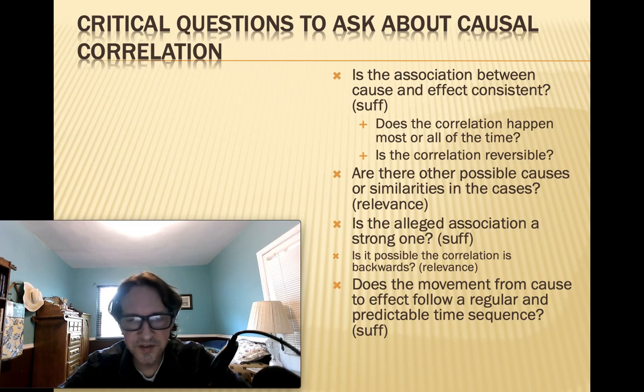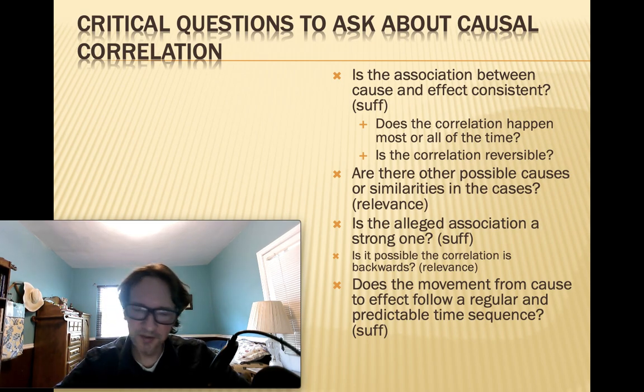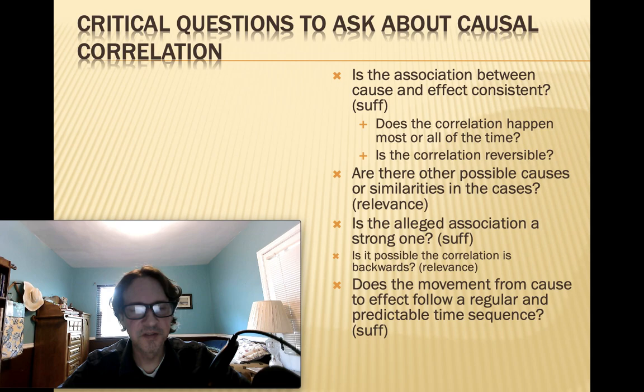And again, a sufficiency question, does the movement from cause to effect follow a regular and predictable time sequence? That is, shortly after we increased prisons, did crime go down? And did it do it in every state? And did it do it regularly? If not, then maybe you don't have sufficient